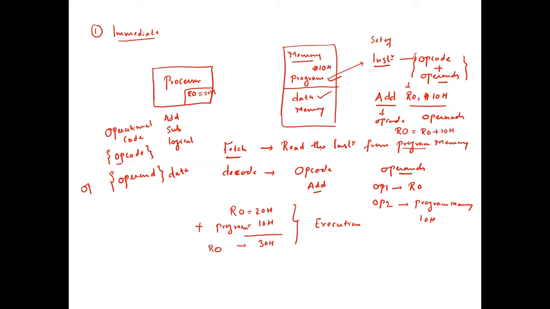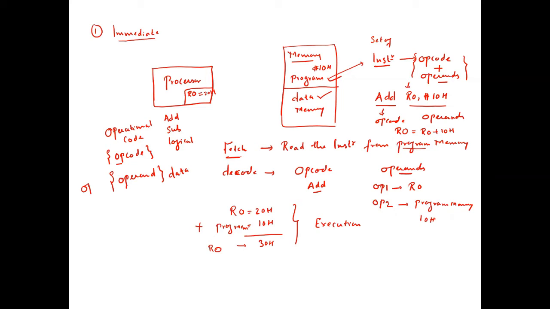So we have defined that the first operand needs to act as the source operand and also the destination operand. The type of this instruction format is the 2 address instruction format, because we have given 2 addresses. But 2 addresses are not sufficient, because we need a destination and we need 2 sources.